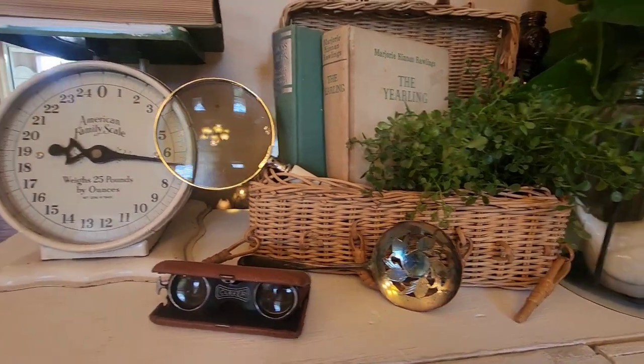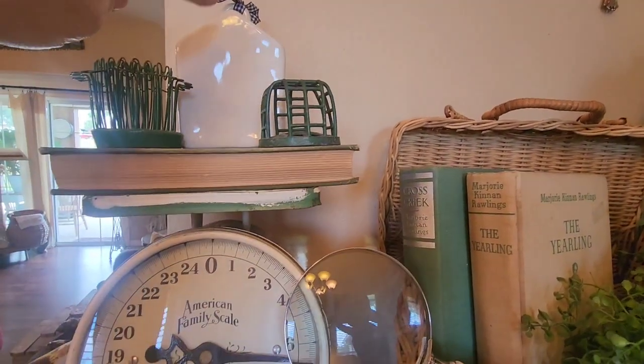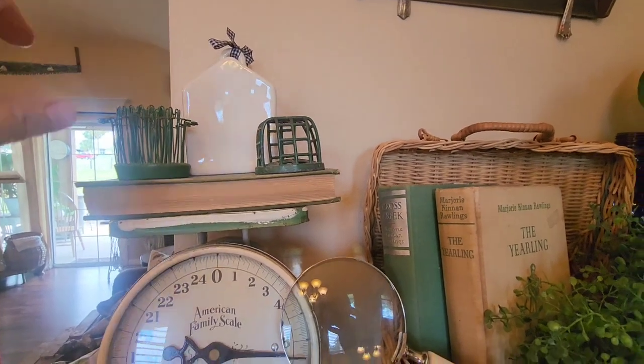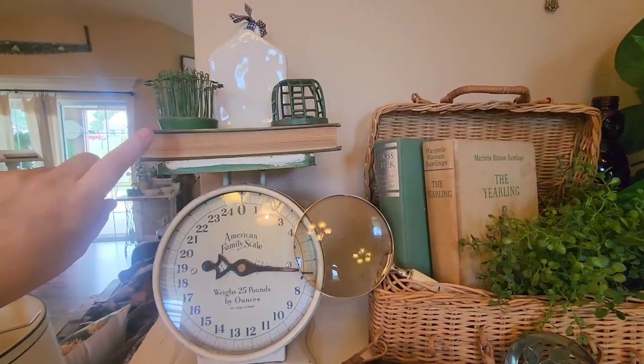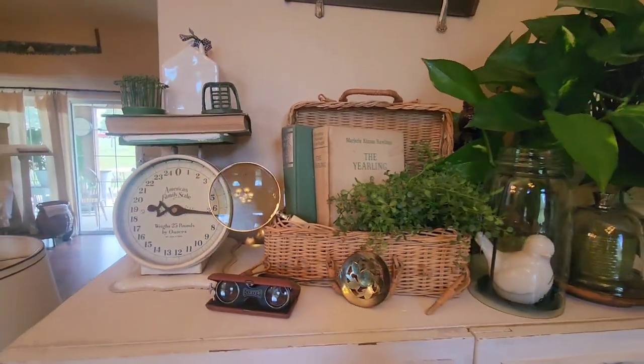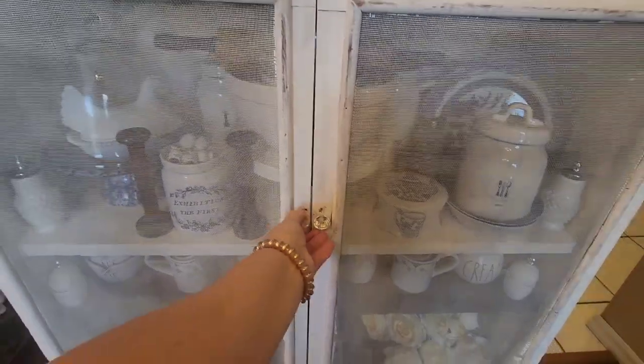So, there's my vintage scale with a couple of flower frogs. This is a Ray Dunn birdhouse turned backwards. This is kind of like a bird watching theme, sort of. And this is a vintage book just turned around. I have recently redone,